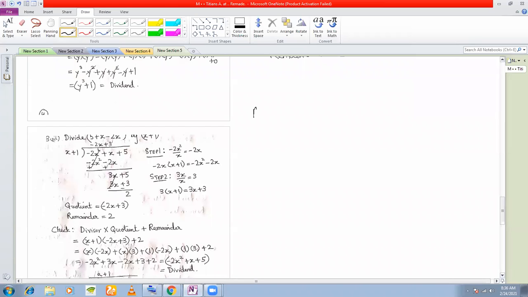So what is A's work done? A's work done is 1 by 14. B's work done is 1 by 21. Okay, they begin together. That means what is A and B's work done? A's work done and B's work done.